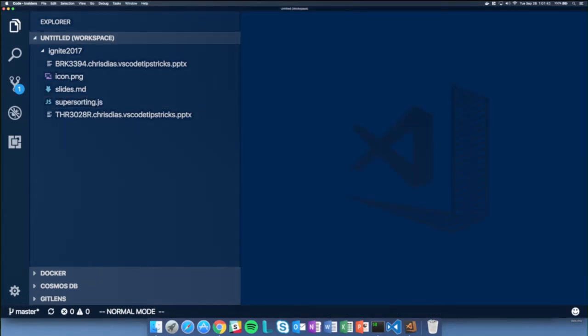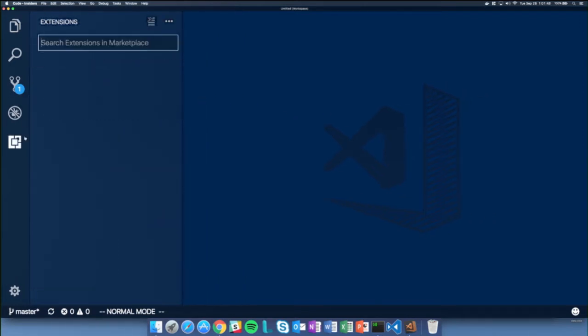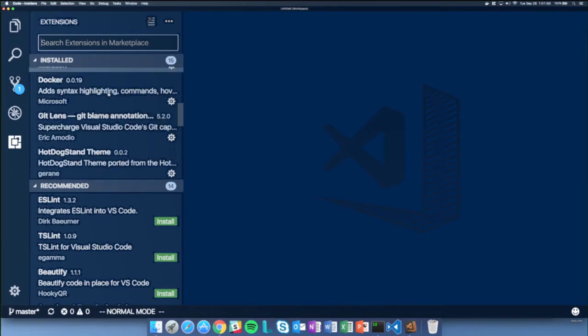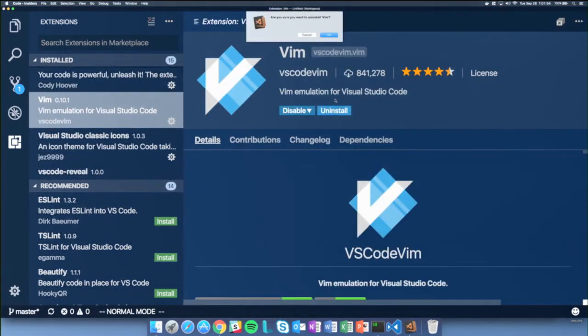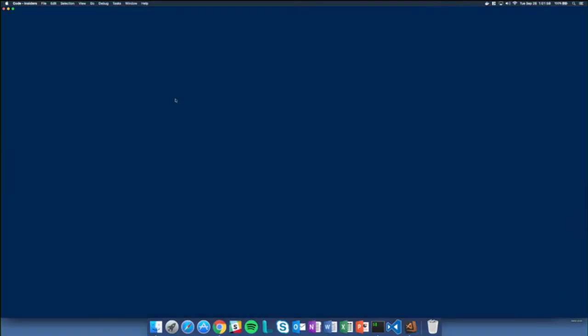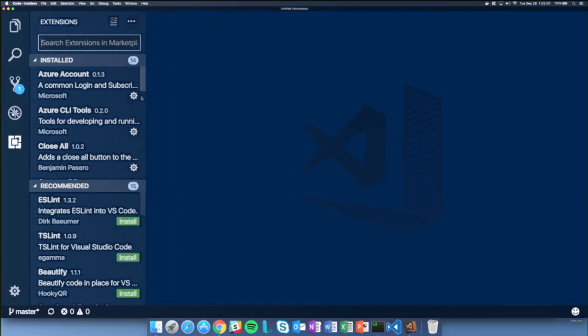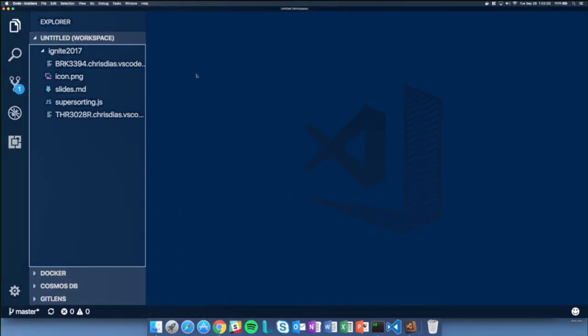But this is just how you can get an extension, basically a pack of these key bindings, which will customize the environment to work in the way that you want, or that you're accustomed to. Now I have to get rid of that extension, or it's really going to mess us up for the rest of the demo. All right, we'll reload, and we're good to go there. Okay, so that's key binding and